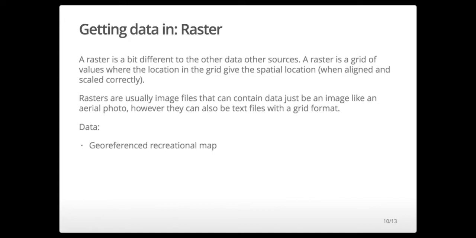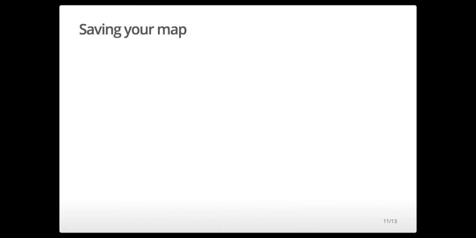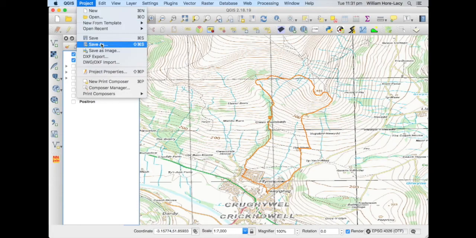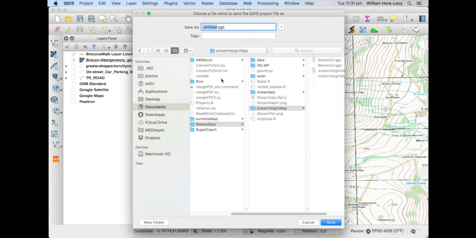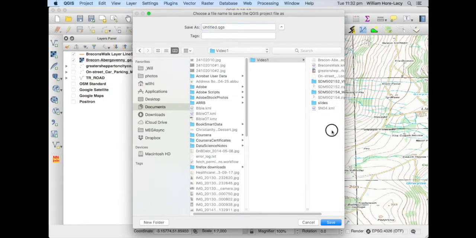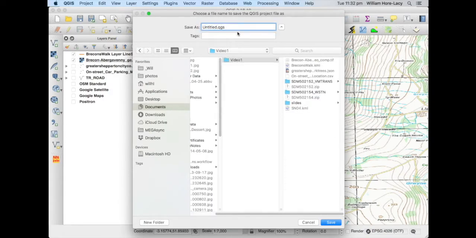And we use the georeferenced recreational map that I built. So saving your map, a very simple but very important step. So if we jump back into QGIS, we can go Project, Save or Save As, and where am I going to put this? Video 1. That's what we're working on now, and I'm just going to call it